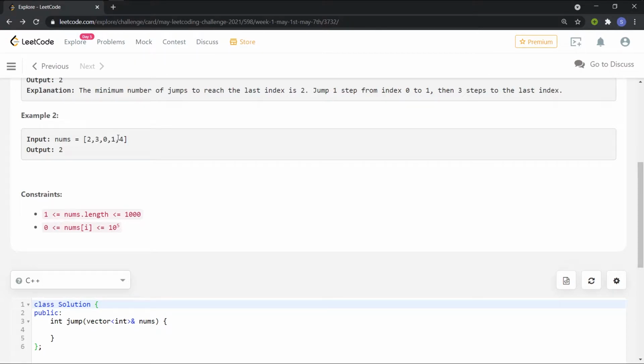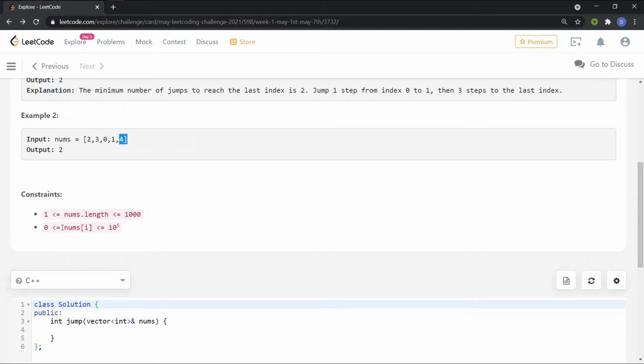And we also need to take care of one thing: if from here I jump a length of 2, I reach this cell, and I'll be trapped in it forever. If you get 0 in any position of the array, you need not go to that cell, because from there you cannot proceed further, unless the 0 is in the last index or the final destination.